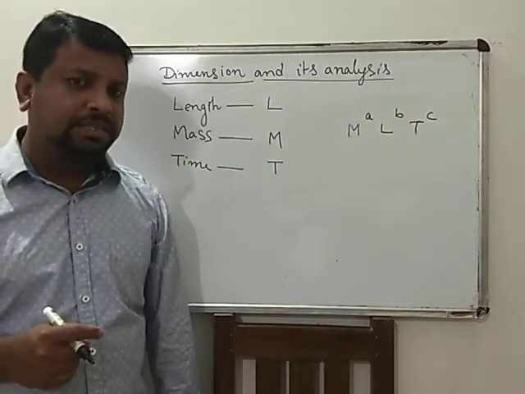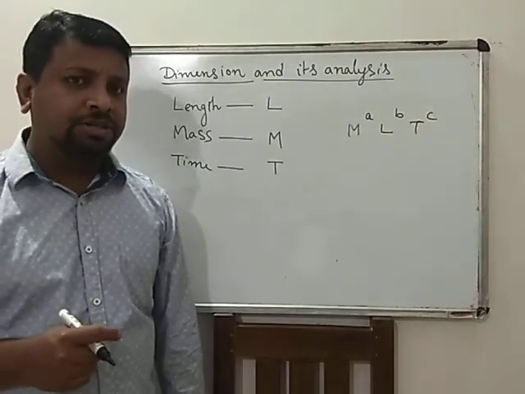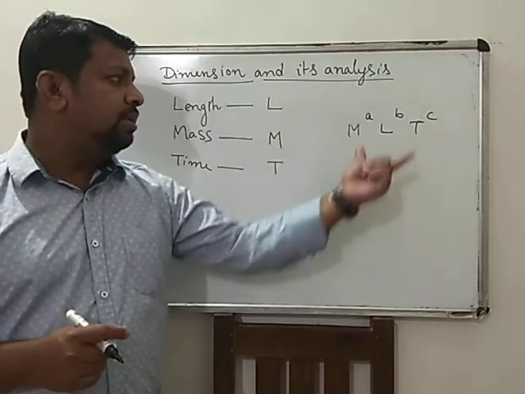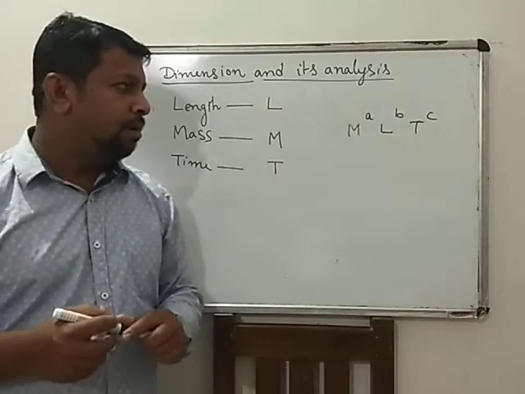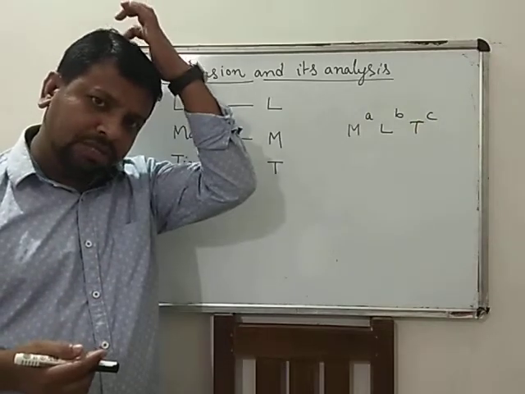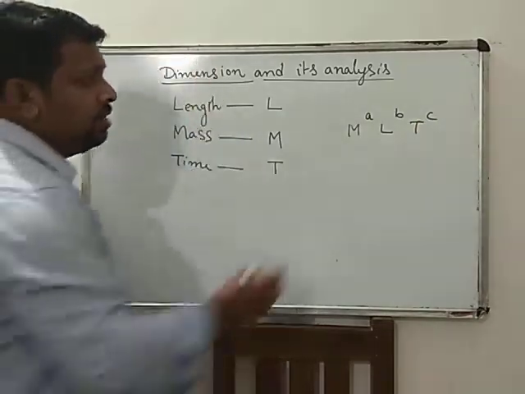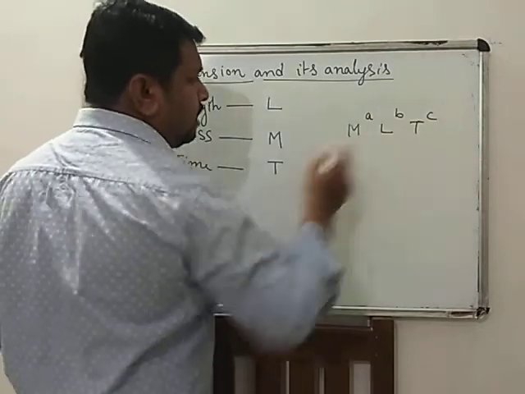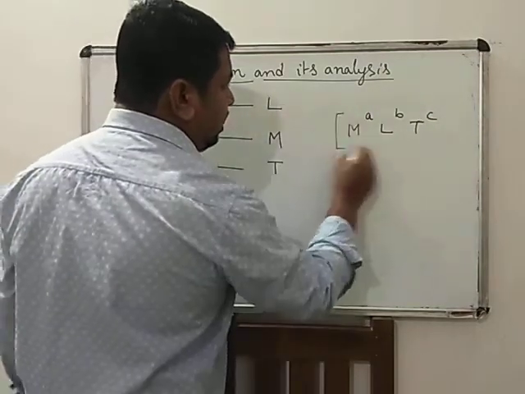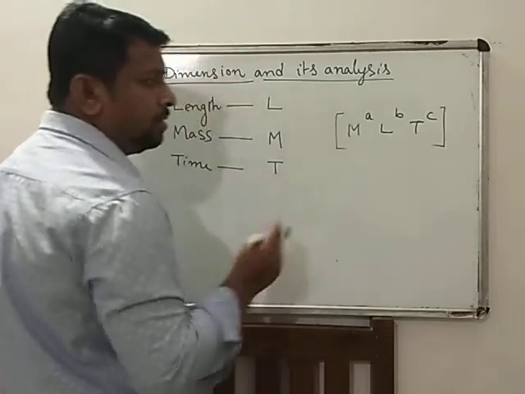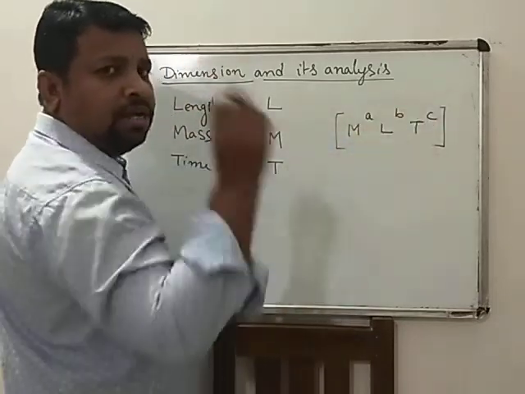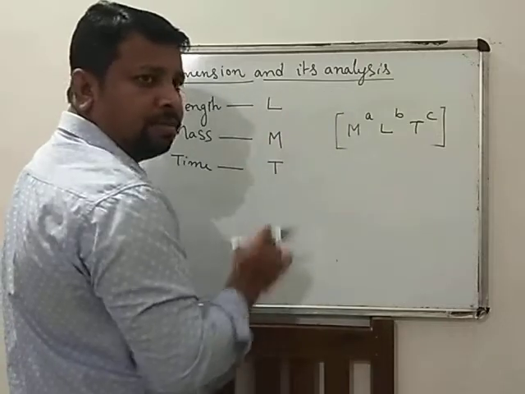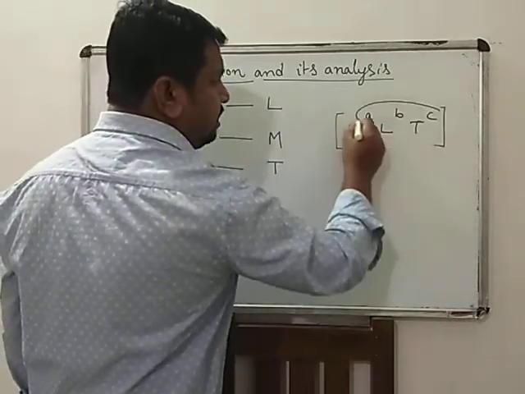A physical quantity can be represented by this, M to the power a, L to the power b, T to the power c. Okay, so here this is the dimensional formula of that unknown physical quantity: M to the power a L to the power b T to the power c. This is the dimensional formula of that quantity, and this a, b and c